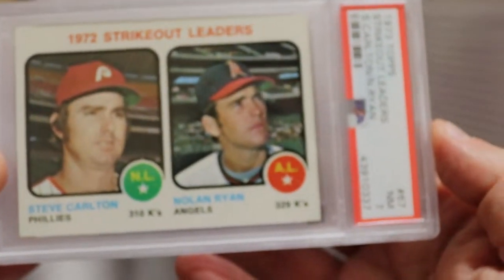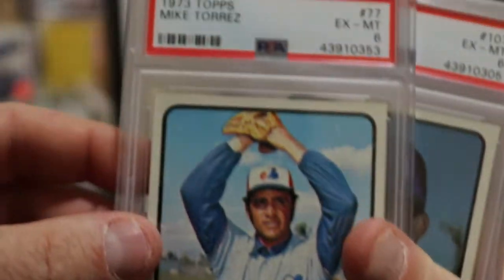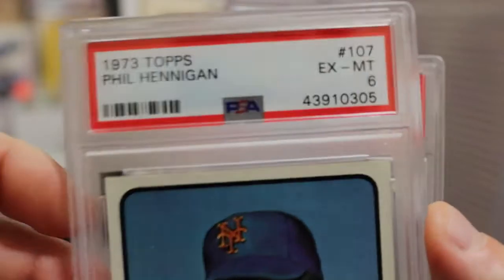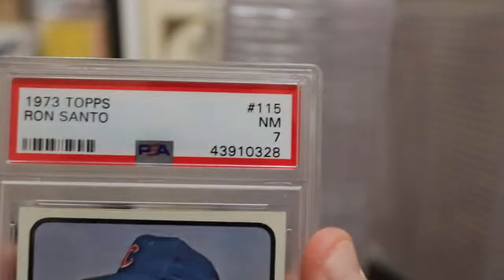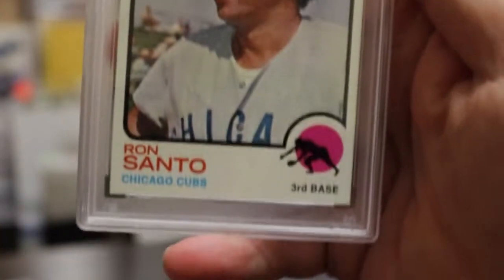A great card, especially to have in a 7. Mike Torrez in a 6. Wish that was higher. Phil Hennigan, 6. 1973 Topps at first glance, guys. Ron Santo, 7. 1973 Topps does not appear to be a difficult card to get in higher grade because it